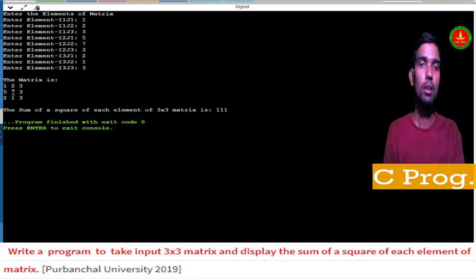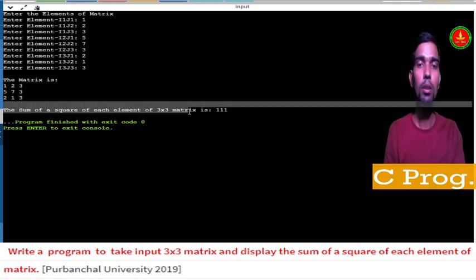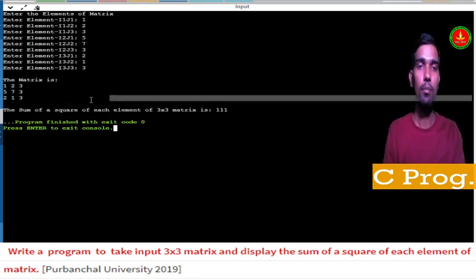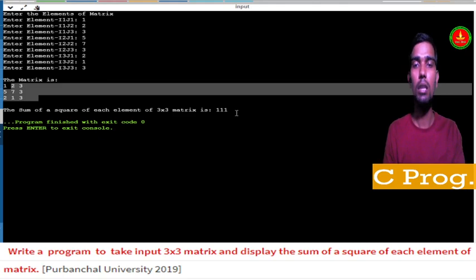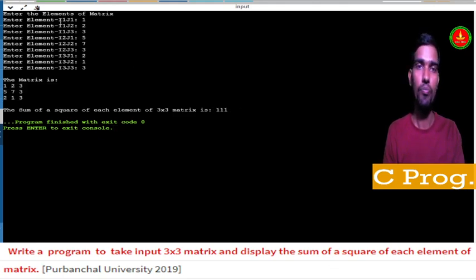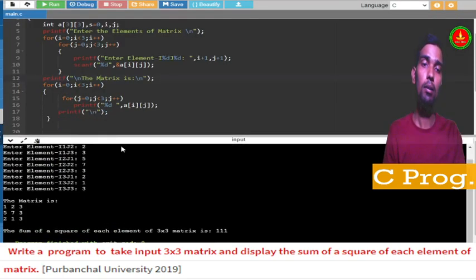So 59 and 9 is going to be 58. 58 and 25, you just count it and do it. When you do the sum of each element's square, then you will get this number. So this is all about this programming.